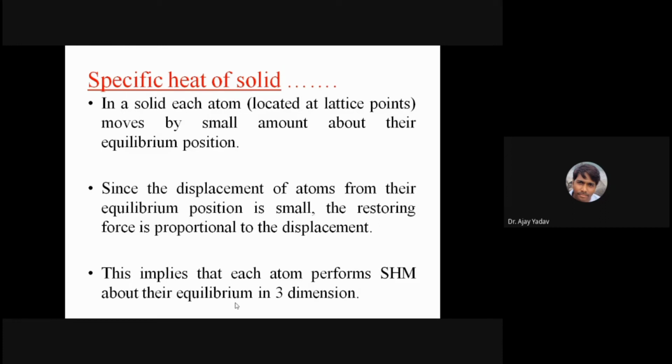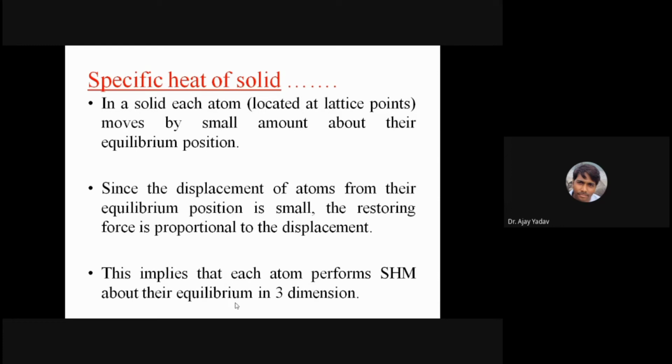So there's a possibility. Okay, it will not happen that it is moving only along plus x and minus x. If you take this as a concept that every atom is oscillating around its equilibrium position, and every atom can now be treated as a simple harmonic oscillator having degrees of freedom in the three-dimensional case, then we will be in a position to find out the heat capacity at constant volume.